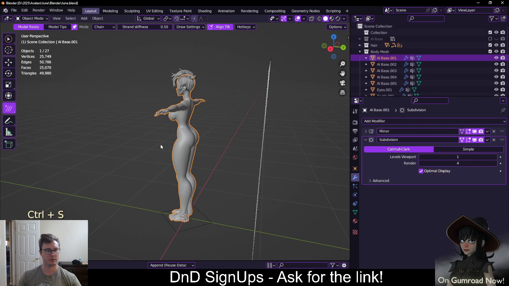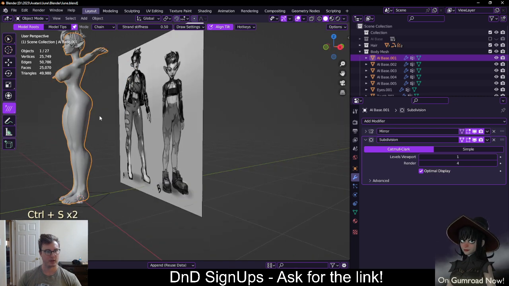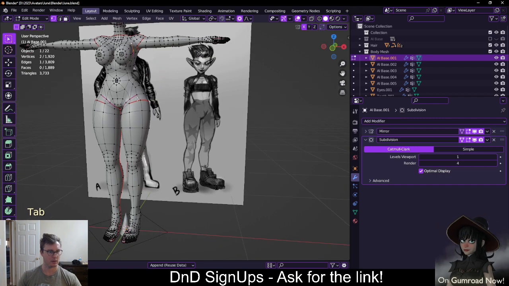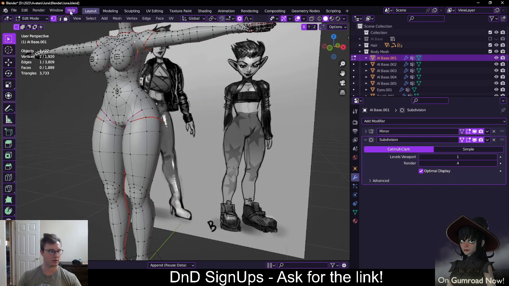So are we satisfied with the legs? I think we are. So then I'm going to make some pants instead. To do that,